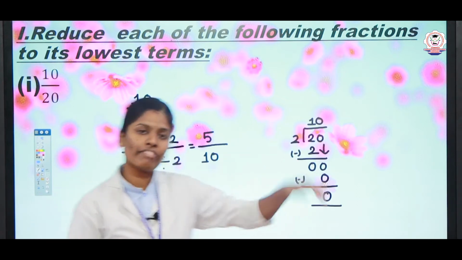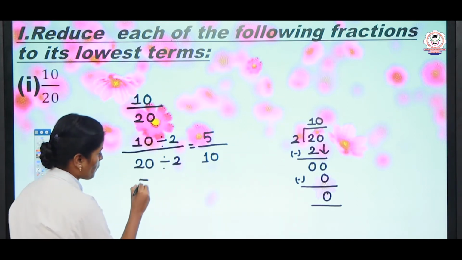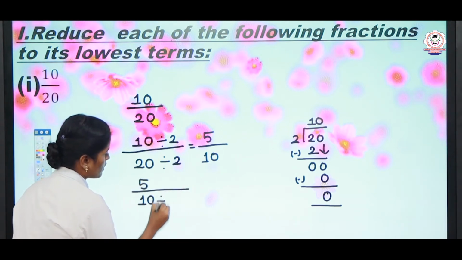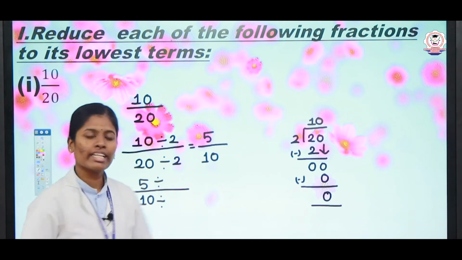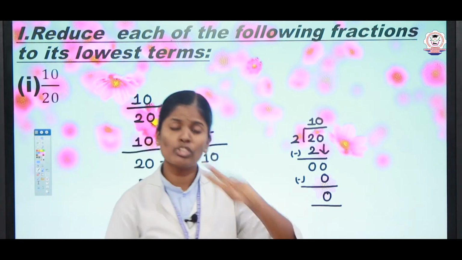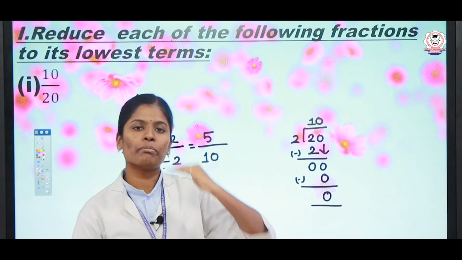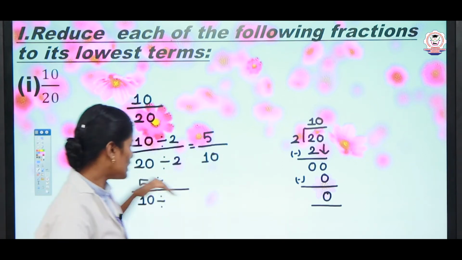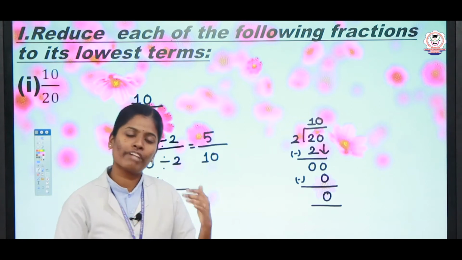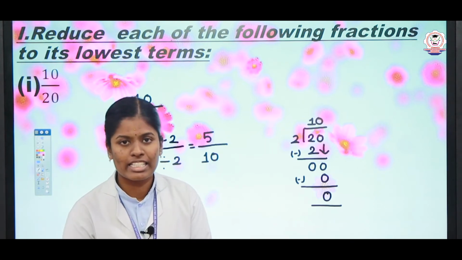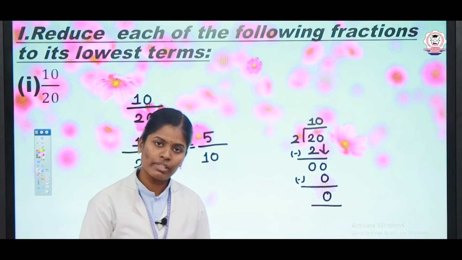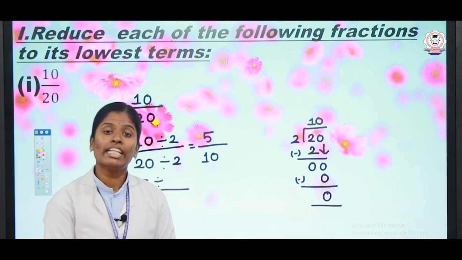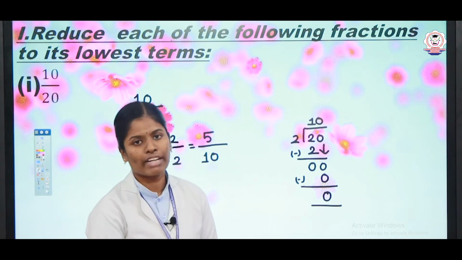Again, you are going to take 5 by 10. First you check the 2 table. 2 table of 5? No, it is not possible. Why? Because the 2 table has only even numbers. In the 5 table we have answers like 0, 5, 0, 5. Next you check the 3 table; these two things are not possible. Next the 4 table. Then finally you check the 5 table.